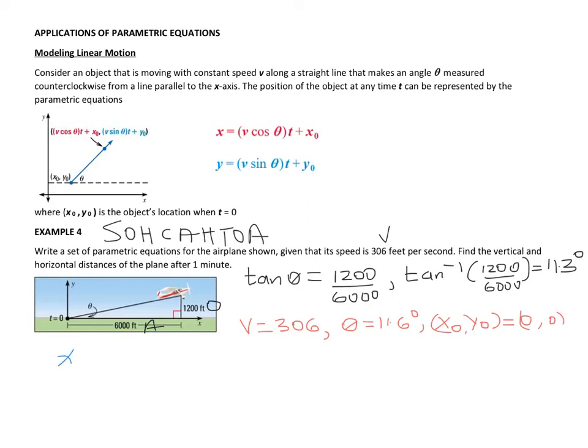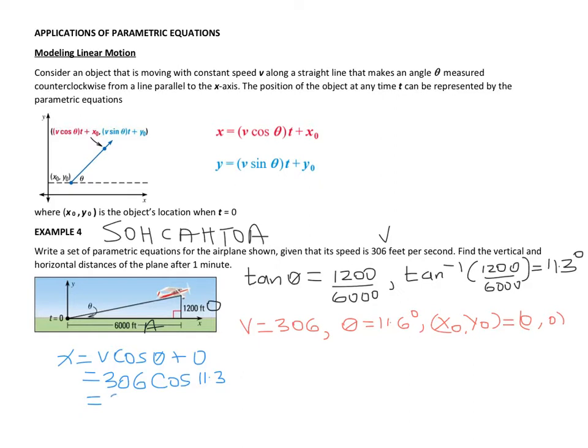So x is equal to v cosine of theta times t, plus x sub 0, which is 0. So this is going to be equal to 306 cosine of 11.3, and this is going to give me